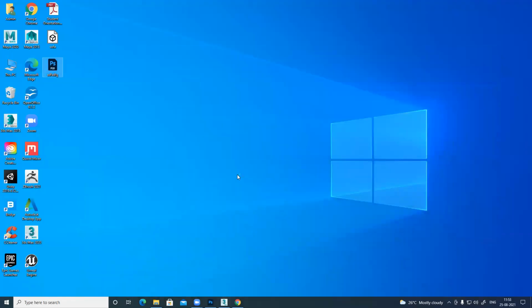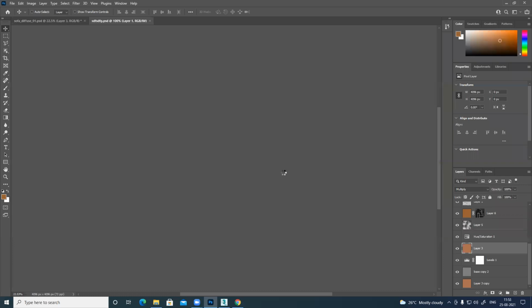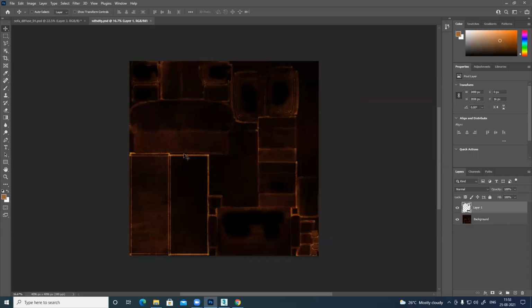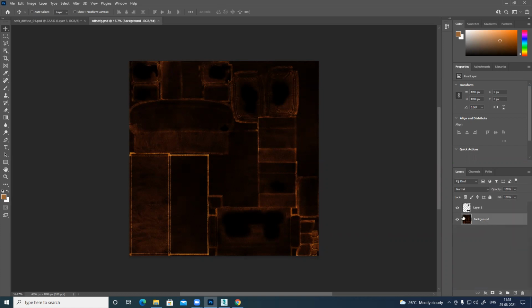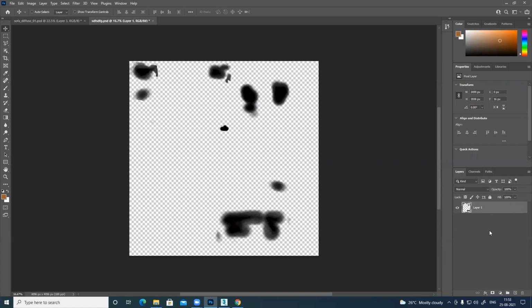Now, click on this. But there is one issue with this. Every software has a different gamma. Gamma is basically brightness, all this thing. The gamma is different, so for this, you need to apply exposure on this. But anyways, this base, I don't need it, right? I just need this layer.